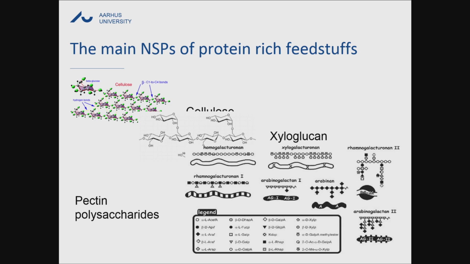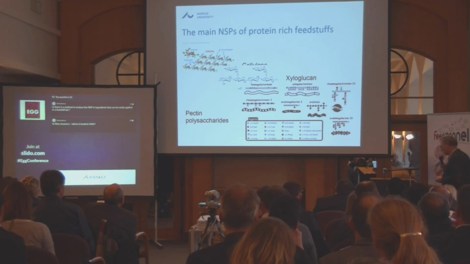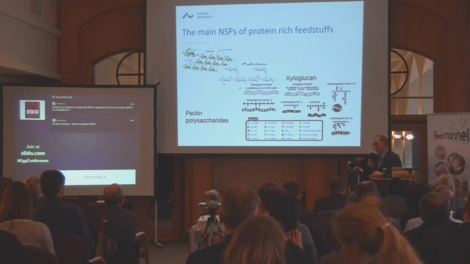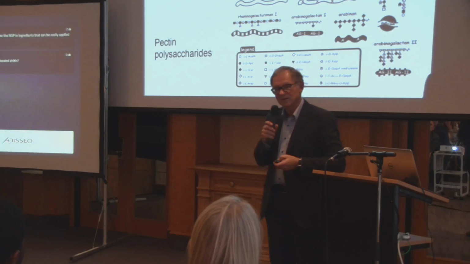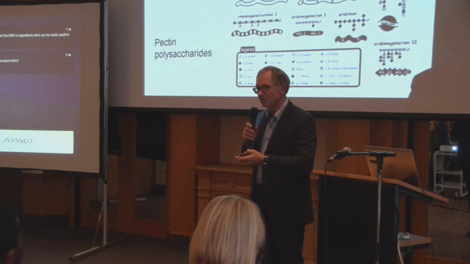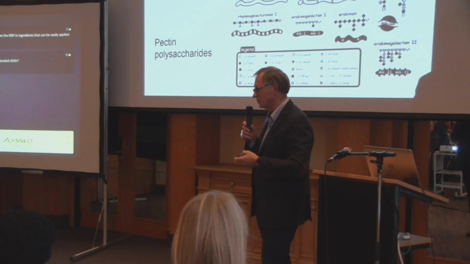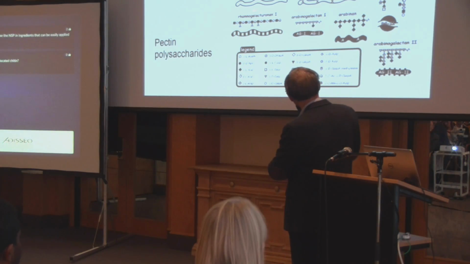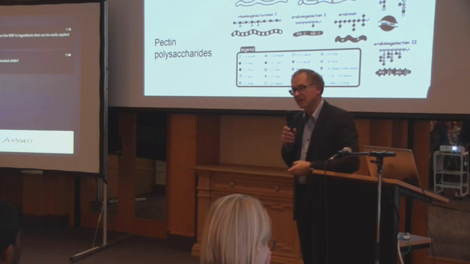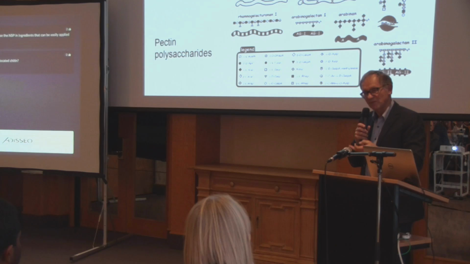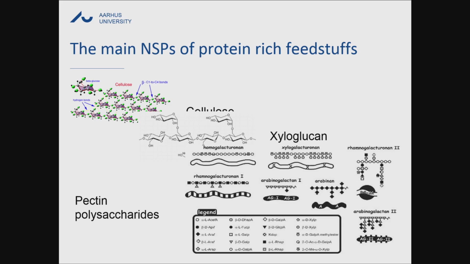The main pectin-containing materials are the homogalacturonans. That is also the component we typically hear about when we think about pectins, as a gelling agent, for instance when you are producing marmalade. This is a pure polysaccharide that has been extracted from pectin-rich residues. But when you look into it, the structure of the whole pectin complex is indeed very, very complex.